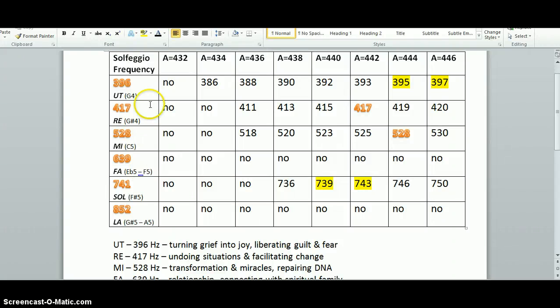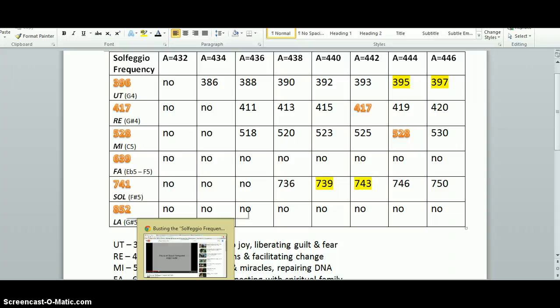Okay, if you will look up here, here are the different tuning systems that have been in use over several years. And if you look down here, what I've done is, for all of these tuning systems, you can see how close the particular pitch is within that tuning system. And if you're wondering where I got this, let's go to